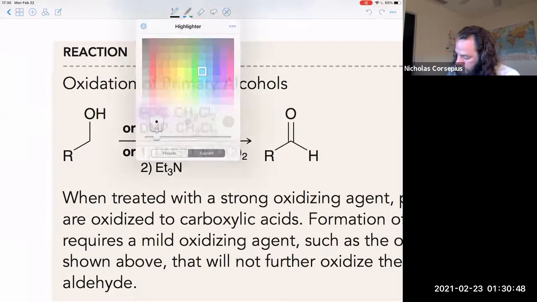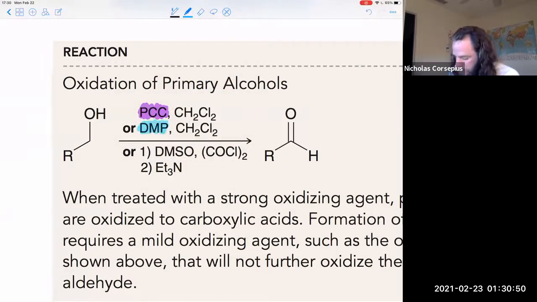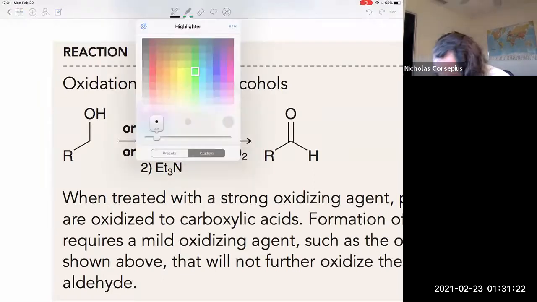Another method is DMP. I believe the claim to fame of DMP was that it's more green or cheaper to dispose of than PCC is. And again, we just have this solvent. So what I'm coloring here is the meat of what's really important. For full credit, you could include these solvents. Actually, for PCC and DMP, I don't really care if you put the fact that dichloromethane is there or not. The PCC is the really important one, right? Or the DMP, that's the part that if you don't have that in your reagent list, you're going to get in trouble. As well as